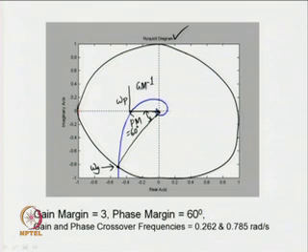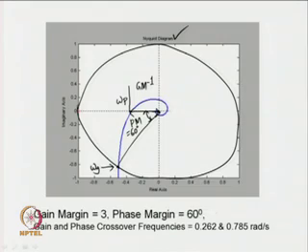So, some convenient form of representation of Nyquist diagram always enables one to easily obtain the phase and gain margin information. And the phase and gain crossover frequencies may not be directly apparent from the Nyquist diagram, but those can be